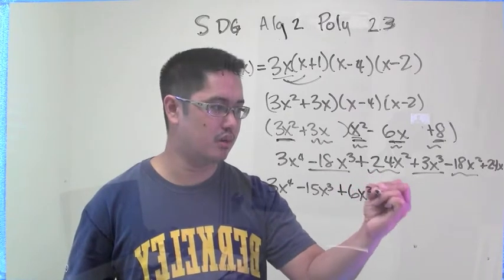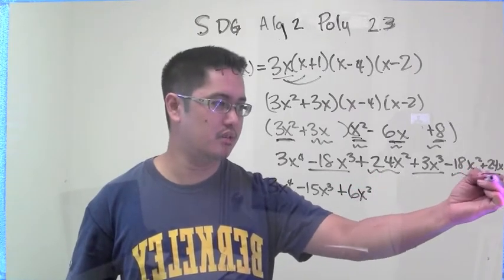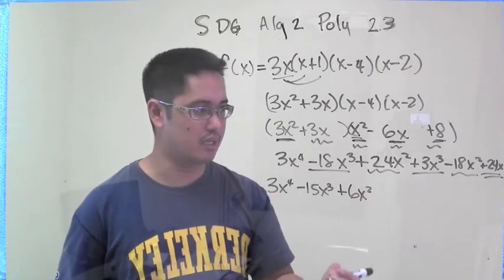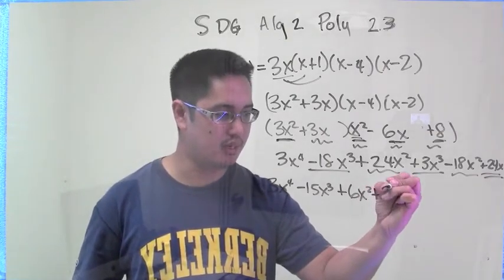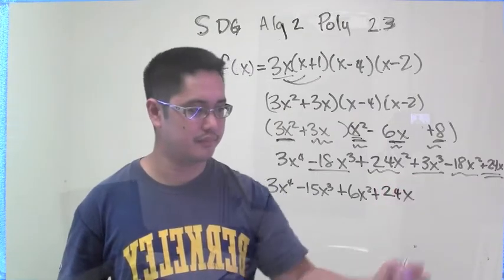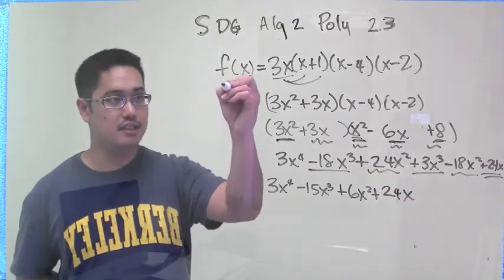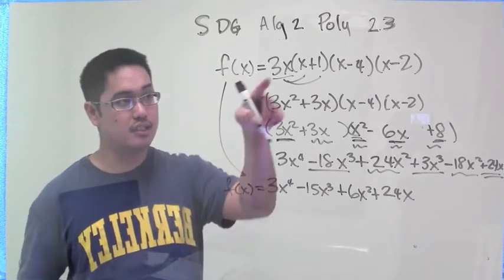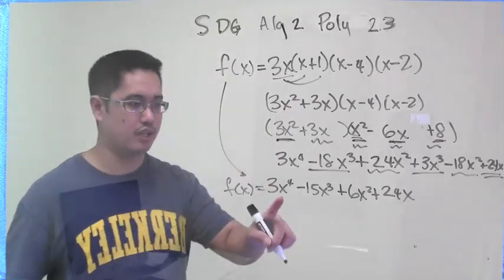Plus 6x squared. And then this guy right here, he's all alone because there is no other regular x term, just like there is no other x to the 4th term. So I'm just going to tack him on as plus 24x. This and this are the same thing. They're both f of x. This is just written out in factored form. This is written out in